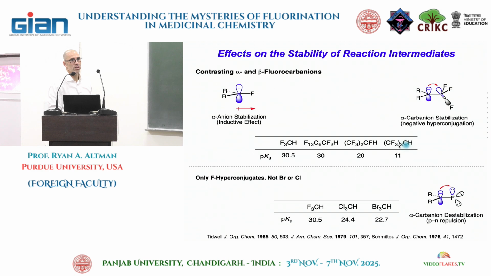Think about the bases that might do that deprotonation. It's not going to take much. Yeah, you can use a stronger base over here to deprotonate fluoroform, right? Now the hyperconjugative effect is unique to fluorine. We said fluorine has orbitals of roughly the same size as carbon, and chlorine and bromine don't. And you can see that in the trend that I'm going to show here on the bottom. So in the bottom we have fluoroform, chloroform, bromoform, and you can see the differences in